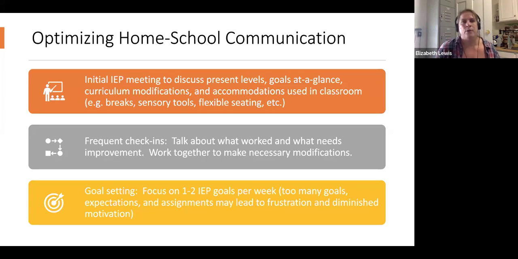Frequent check-ins. I always say you can ask for a Cadillac, but the school can only promise you a Chevy, and it's going to get you where you need to go, but they can't make any bigger promises than that. You could ask for the school team to check in with you every single day, but that's probably going to feel pretty frustrating for them because they have a lot of different students to work with. So ask the team what feels reasonable for them, letting them know that you are highly invested in wanting to help bring the skills